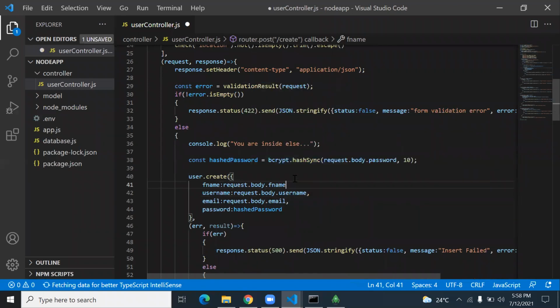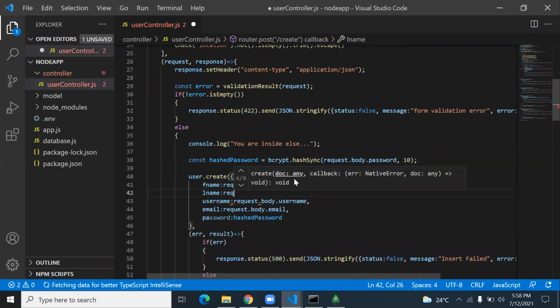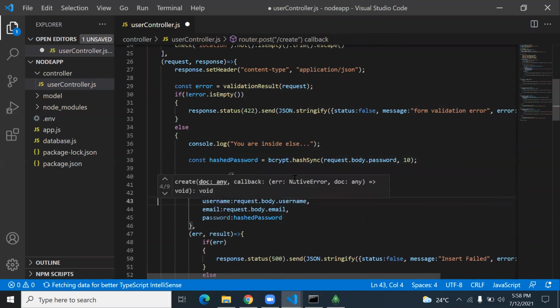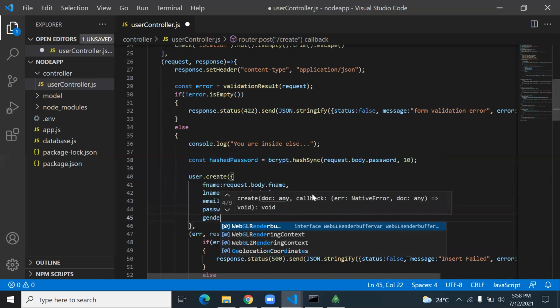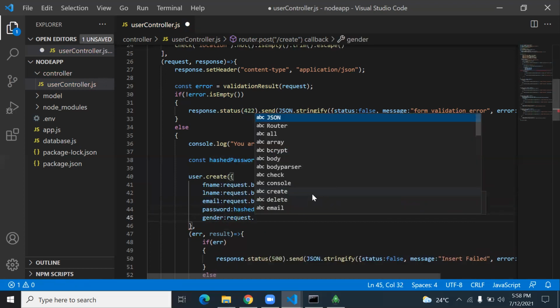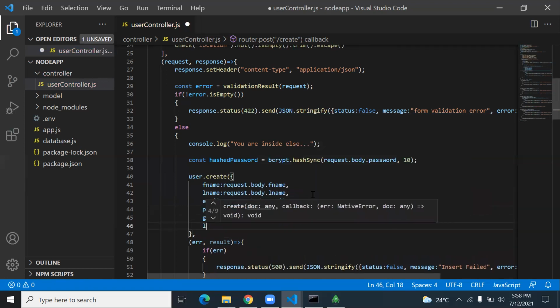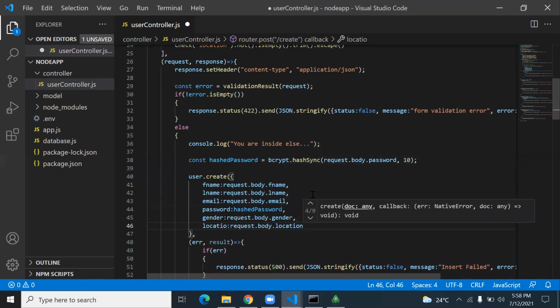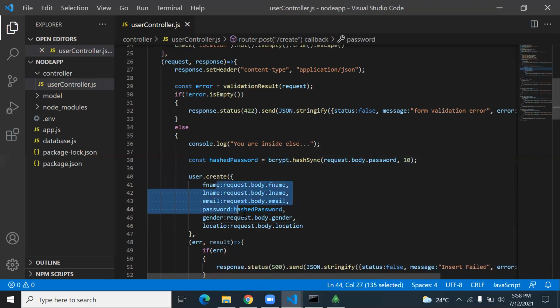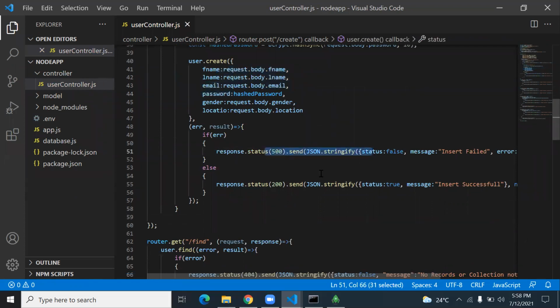request.body.firstName, as well as I take last name, request.body.lastName. Then I take username. Instead of username, we have email address, correct? Then password. And after this, gender, request.body.gender, location is request.body.location. Done, like this. So we prepare this data for the database, and it will return you 500 or 200